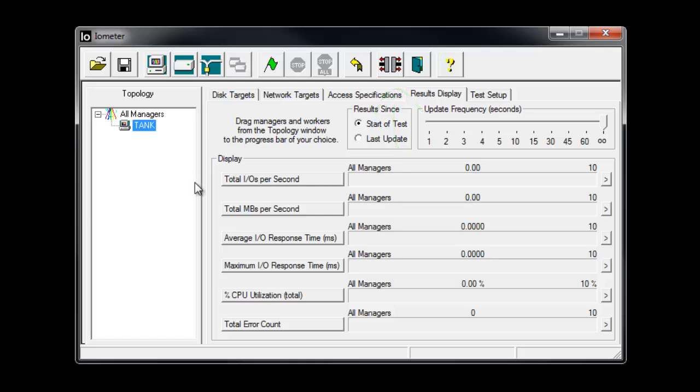All right, now before we do anything else, we have to create a manager on another host that we're going to be running the network test with. So access your remote host. I have my remote session here.